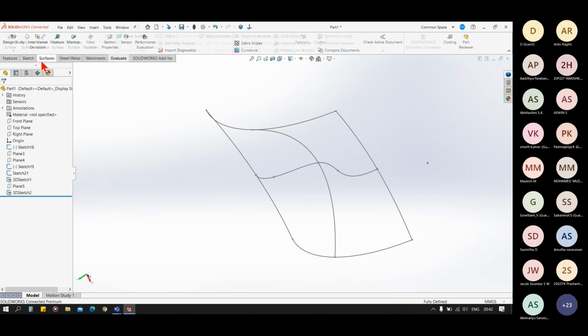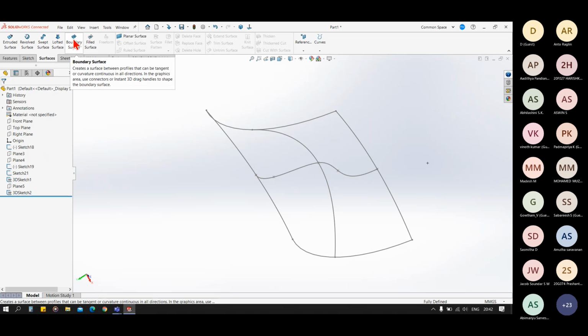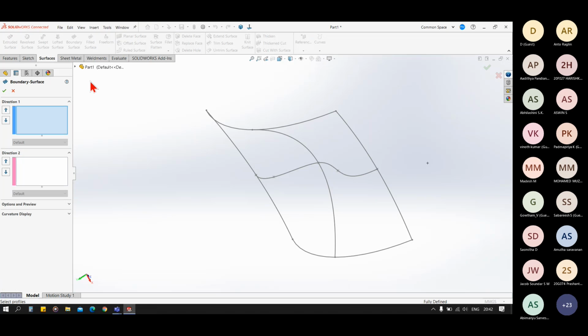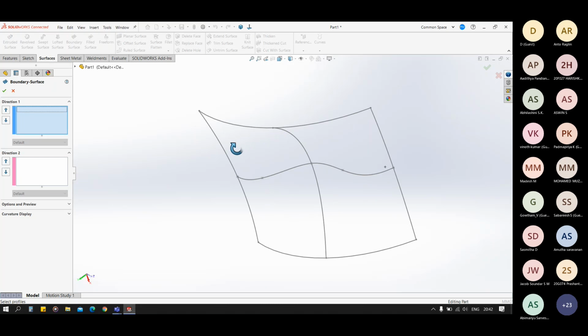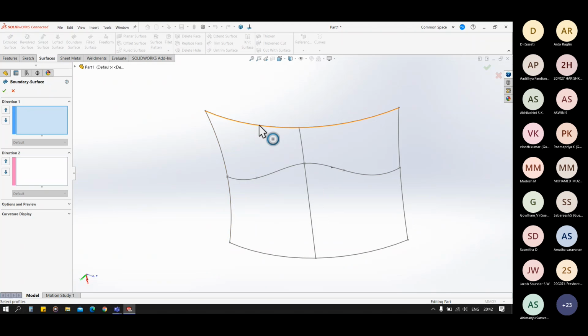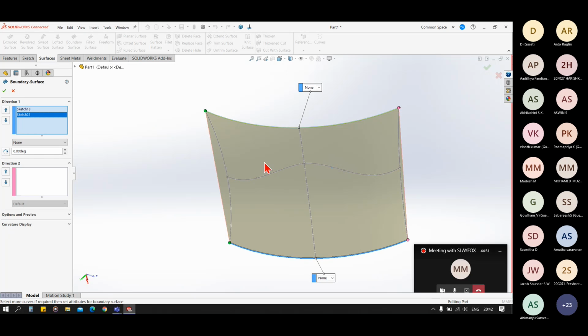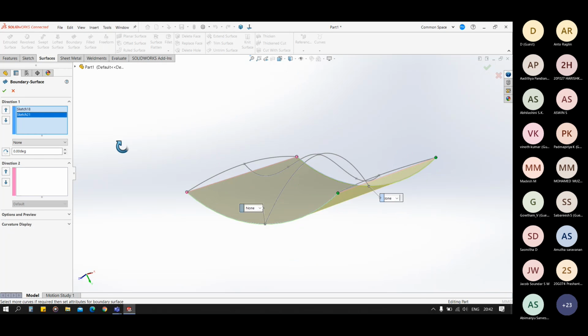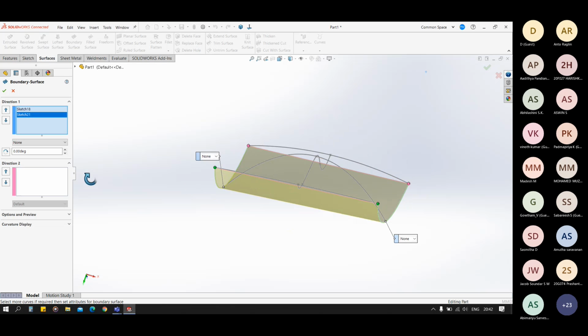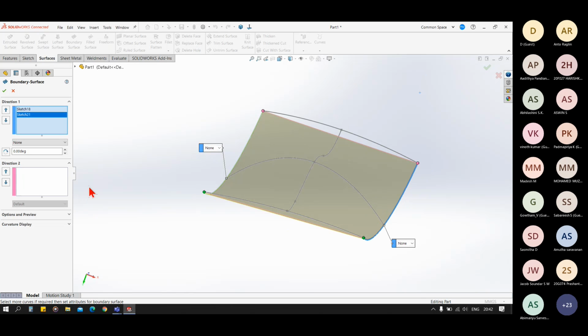So now first see the boundary surface. In the boundary, you have to select the direction 1 and direction 2. In the direction 1, we select our profiles. You see, if we select two profiles, it will connect them the same as a loft.